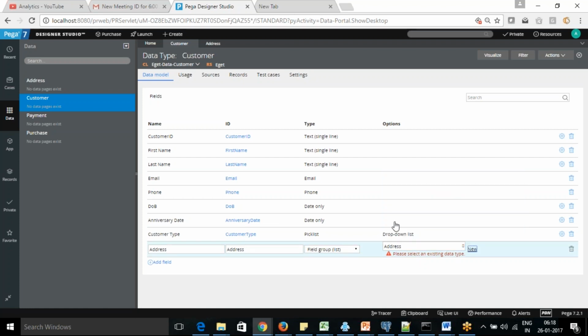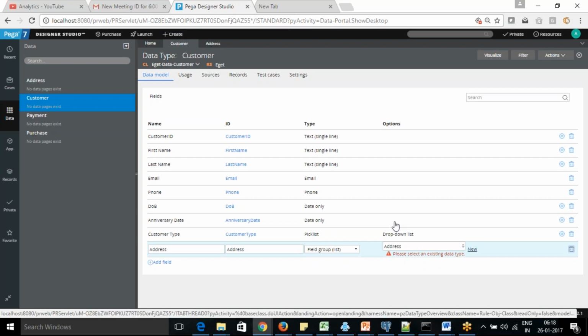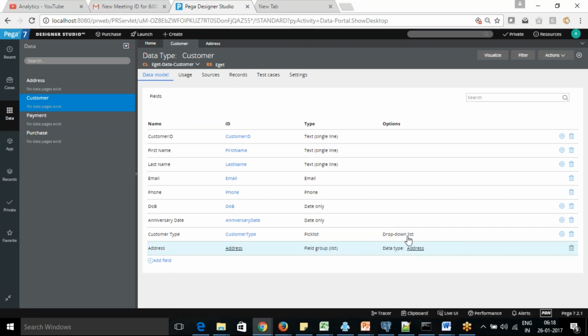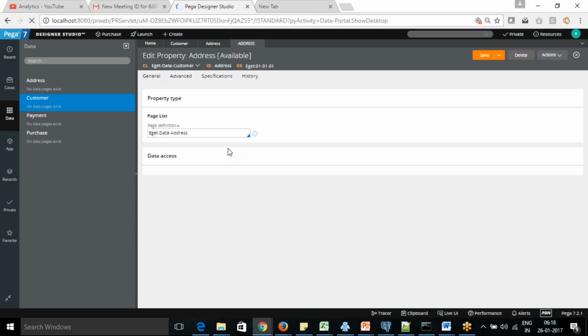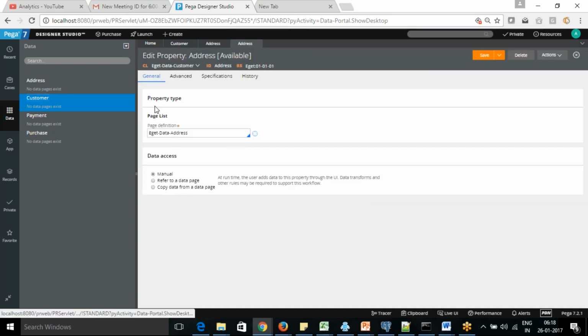If you click the drop down, you can select the same. Now you can see that the data type is created within that. So this is a page list. If you go to the actual page, the property which is created, you can see it's a page list type of property.